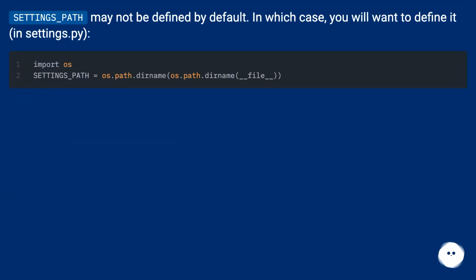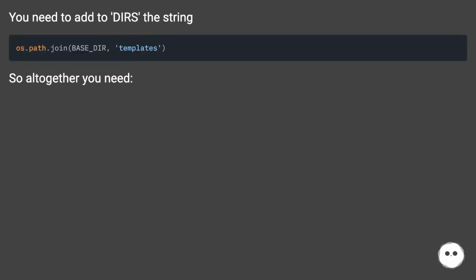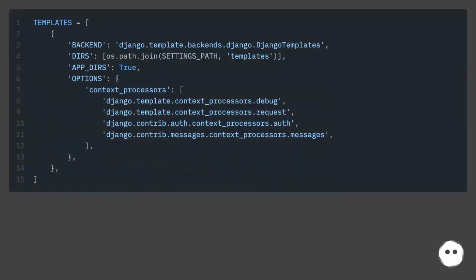SETTINGS_PATH may not be defined by default, in which case you will want to define it in settings.py. Find this tuple. You need to add to TEMPLATE_DIRS the string. So altogether you need